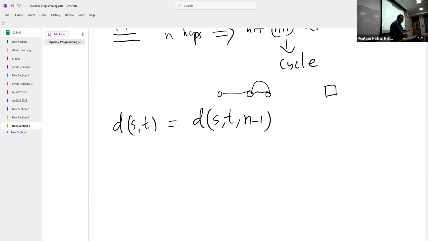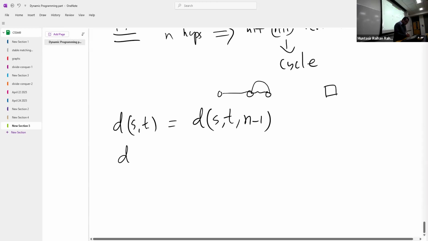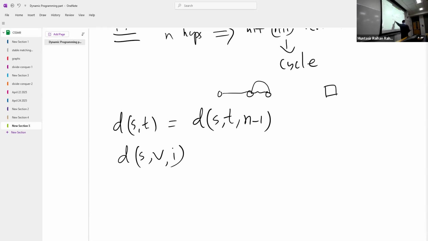So now we need to think about what is varying here. We need to compute D_SP of i, v, where i can be any hop count, and I can have any destination vertex. I want to compute this